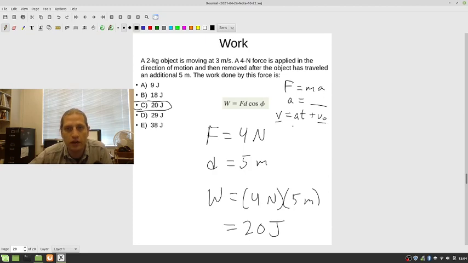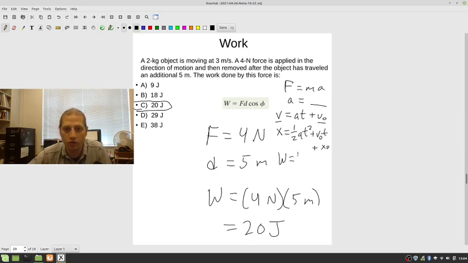Then you could go ahead and find your t. This is definitely the wrong way to do it. You could use something like 1/2 at squared plus v naught t plus x naught. So you can find your t, find your v, and then you could use your